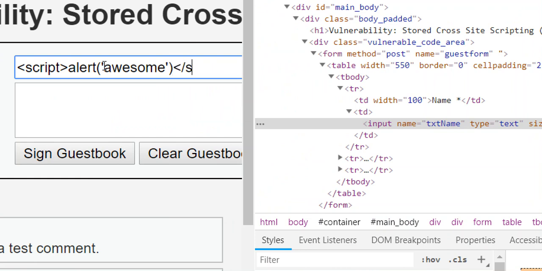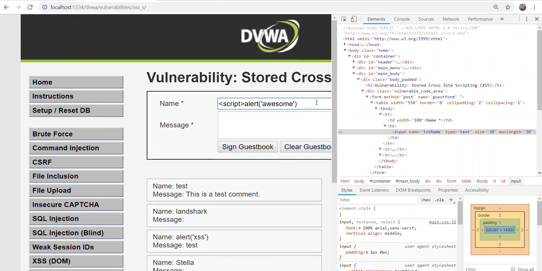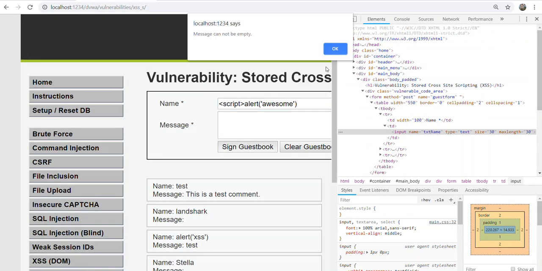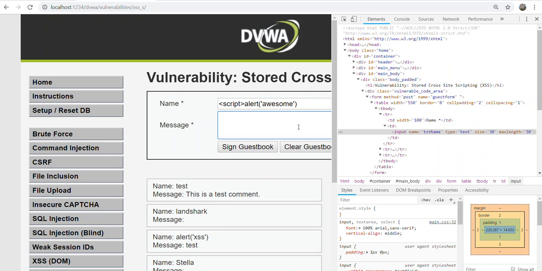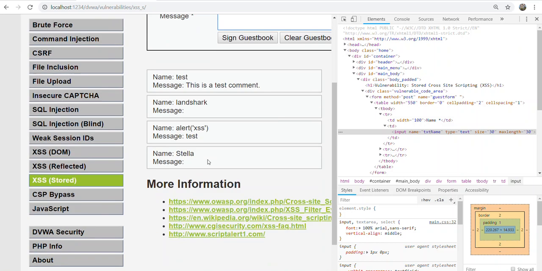Oh, maybe not too awesome. Let's just do this. We go in there and change it if we want to. So now let's do this. Let me zoom out so I can see what I'm doing. Assign guest book. Says, all right. Okay. So what we want to do here is let me